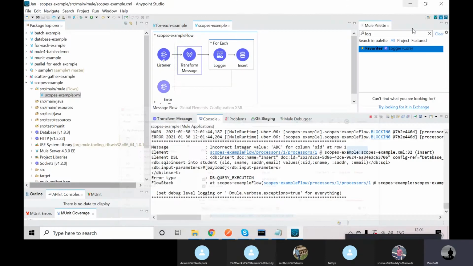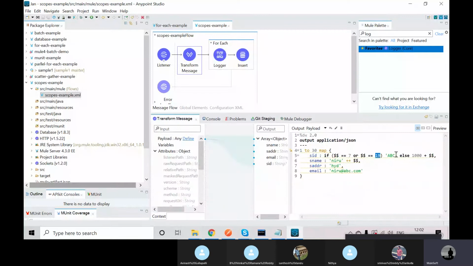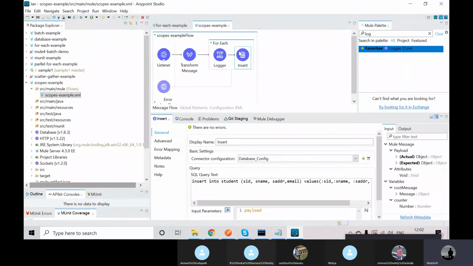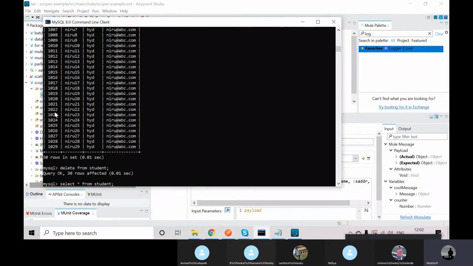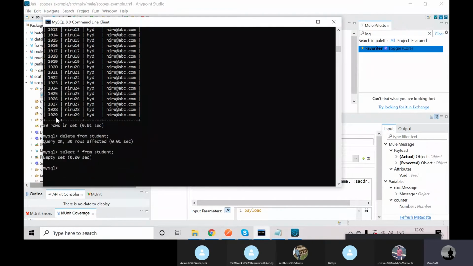So first of all, the cursor will come here, it has generated 30 records, and it is iterating record by record. 7 records are processed successfully, but the 8th record will throw an error. Why? Because based on this condition I am sending ABC instead of an integer. It is trying to insert that ABC into this database, but it is not able to insert. Why? Because this does not allow strings, right, for the SID. So that's why it is not able to insert that eighth record.